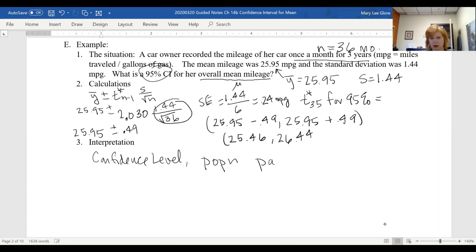So the population here is overall, like her lifetime in this car, and the parameter here is the mean mileage. So we're going to mention the confidence level, we'll just start with however much confidence. This was a 95% confidence interval. So with 95% confidence,